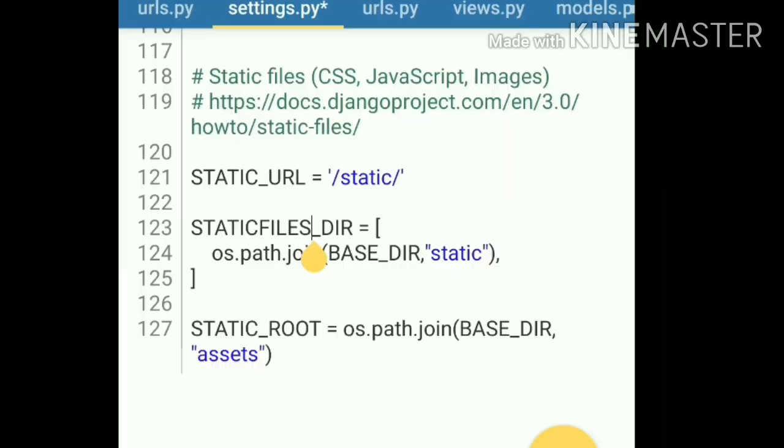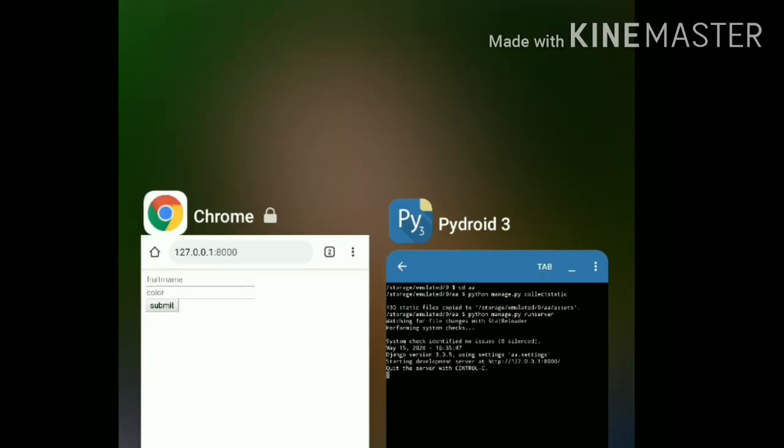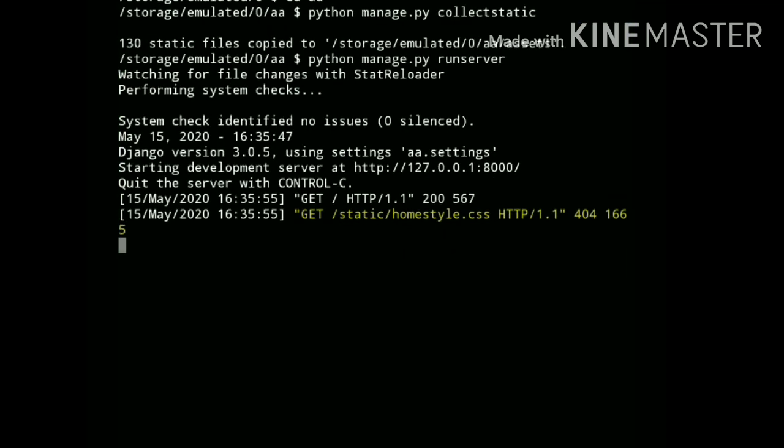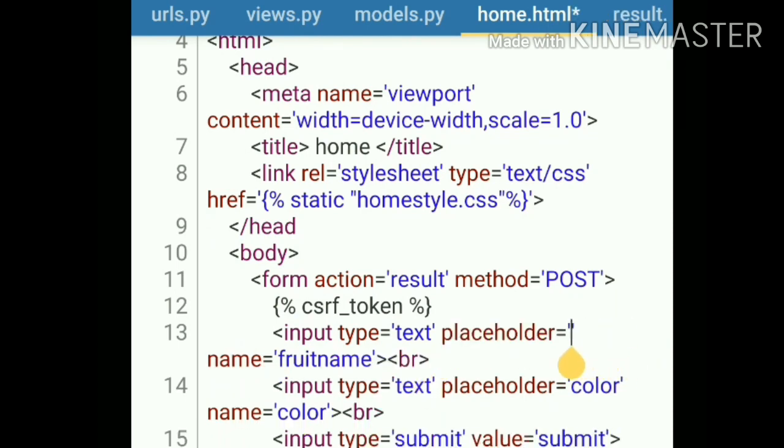So let's try again using static files. As I have deleted all the things inside assets, that's why it is showing 130 static files copied. Okay, let's try again, and again it is showing a 404 error, but it will definitely work on your phone, so don't worry about that. Let's jump on the home.html, and here I'm going to change some HTML,